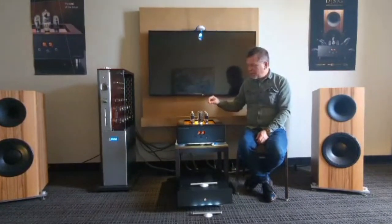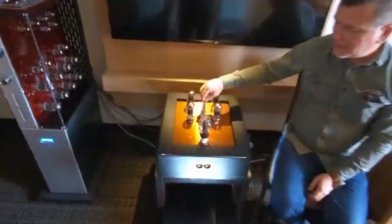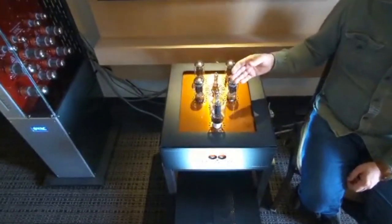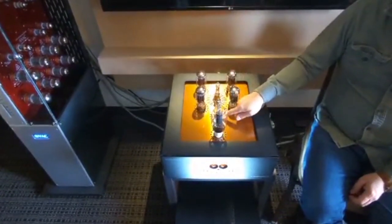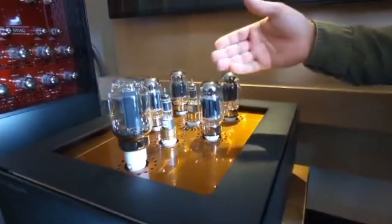It gets more complicated when we go to the small signal triodes, which are on the center line. These are, in our design, the socket is octal. So we designed the DAC for the 6S and 7 type of signal tube. From the octal socket, you can go with an adapter to any type of socket. The most popular are